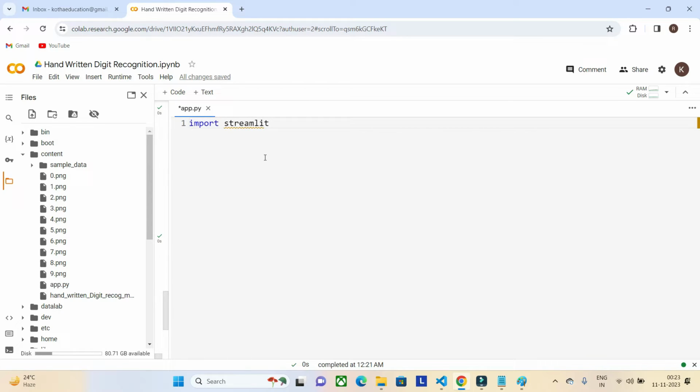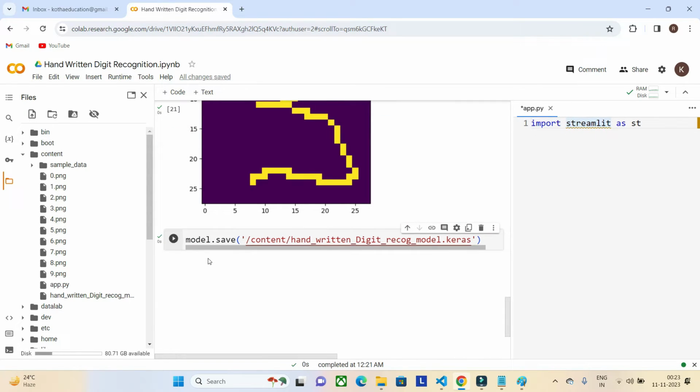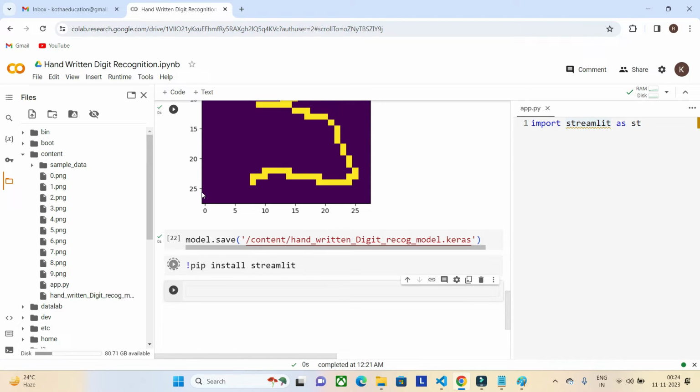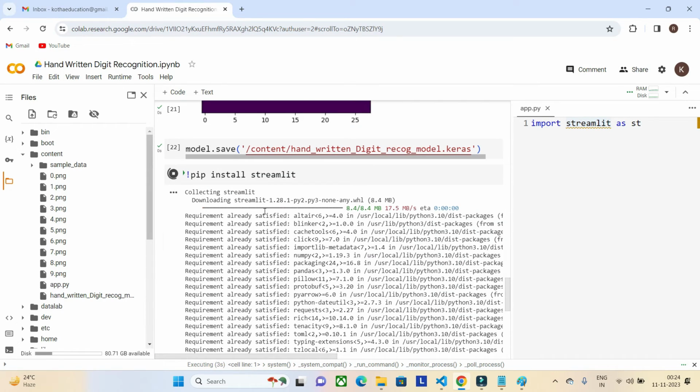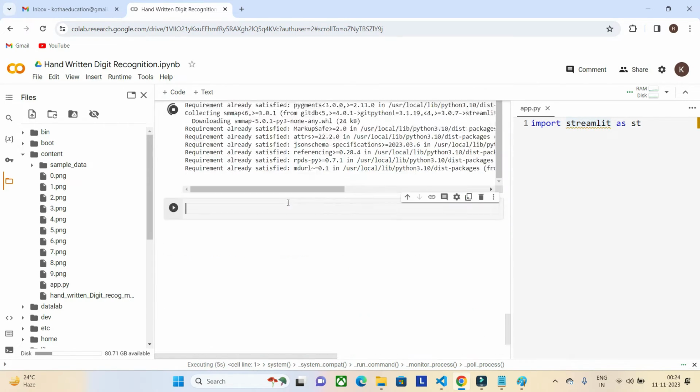Import Streamlit as st. It is giving this warning, so that means it is not installed in this environment. Let me install it. Pip install Streamlit. It's downloading. Yeah, it's getting installed now.